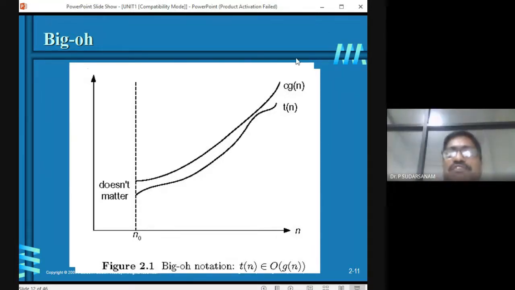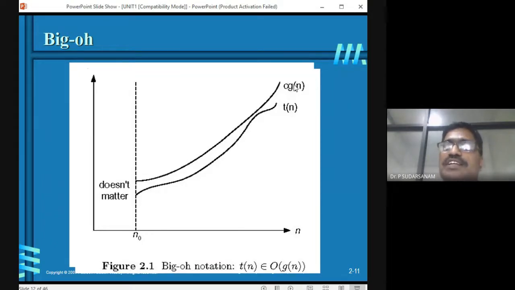So now a function f of n, or T of n, in mathematical functions, is denoted by T of n belongs to order of G of n. Whatever we have assumed, we are writing that. So one function is in G of n. If you assume that one function is called f of n, and it is in G of n, then it is denoted by T of n belongs to order of G of n.